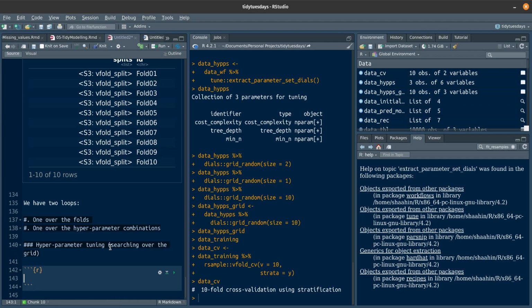This can be both. And we have the function tune_grid. It is coming from the package tune. And logically, it will need our data workflow. And for resamples, it needs our data CV. And then, how to measure for metrics, we have a function set metrics